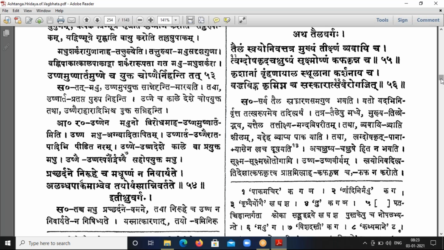Alpam hidam madhu. Madhu alpam hidam. Why? Guru ruksha kashayatvad shaityad cha. Guru ruksham kashayam shaityam. Sometimes they look like contradicting properties: guru, ruksha, kashaya and shaityam. So because of these contradictory factors,